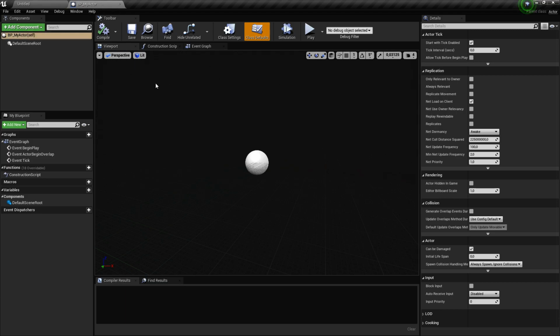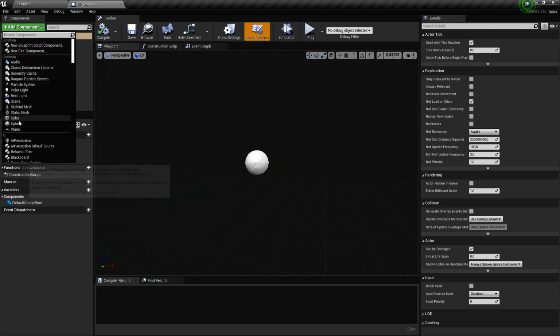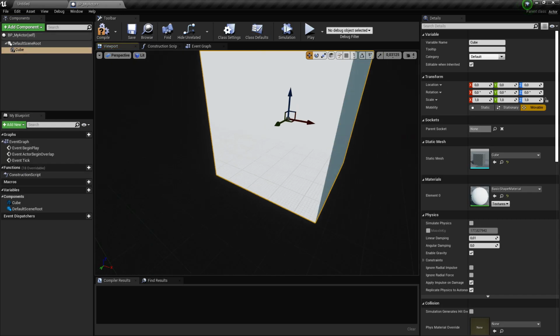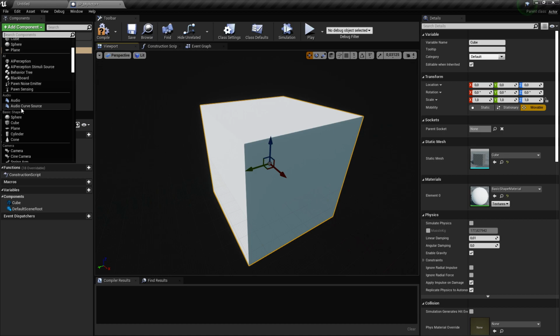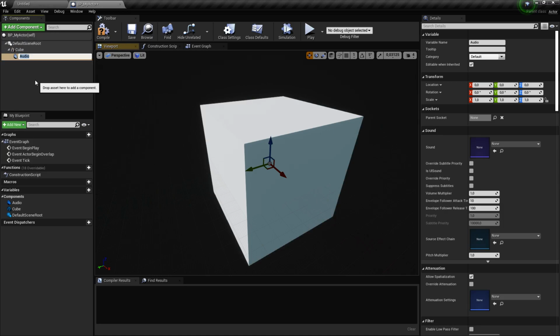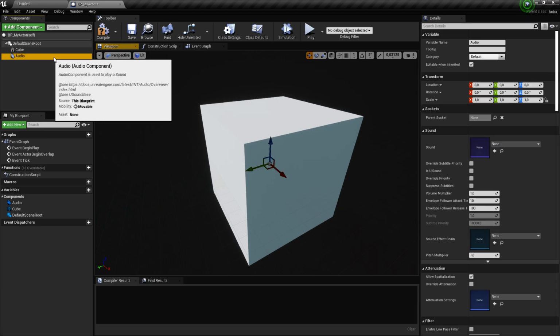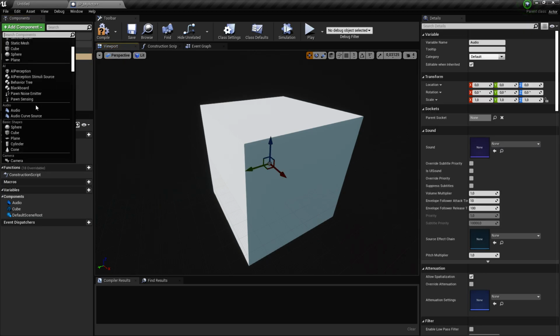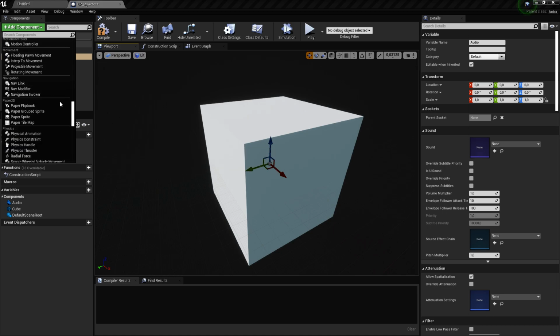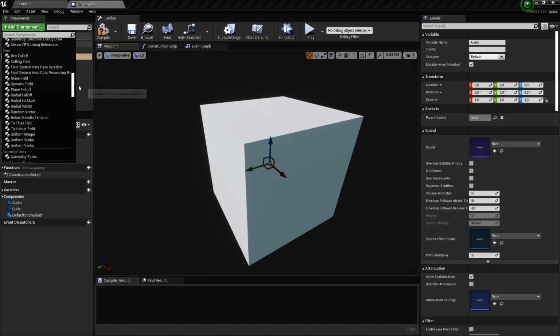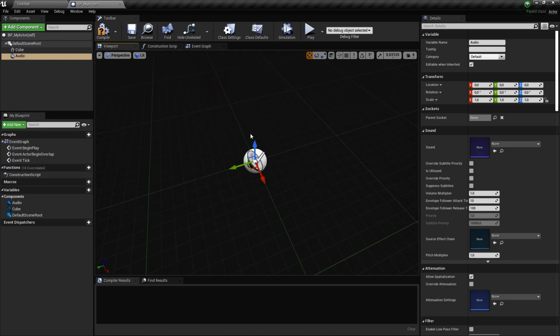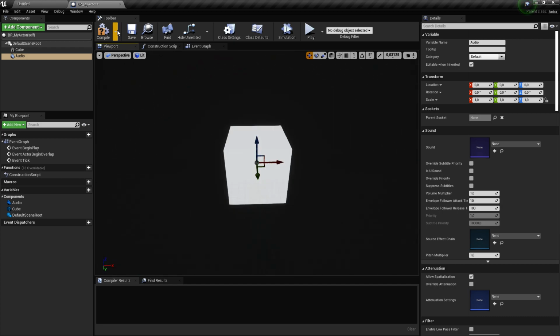Resize. Alright, so here is my components tab. The components tab is where I add my static meshes, audio components, and every component I want my actor to use, like sound, box collision, random vector, anything my actor needs to work properly.